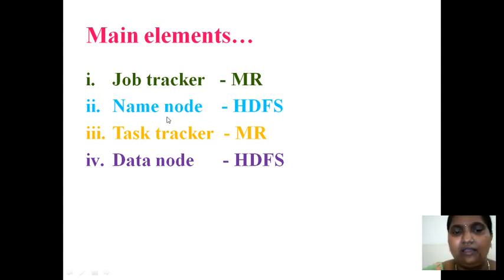Whenever the identification of the client is over and your data is available in the name node index, then it will invoke a task tracker. The task tracker is the real one which is going to execute the processing.